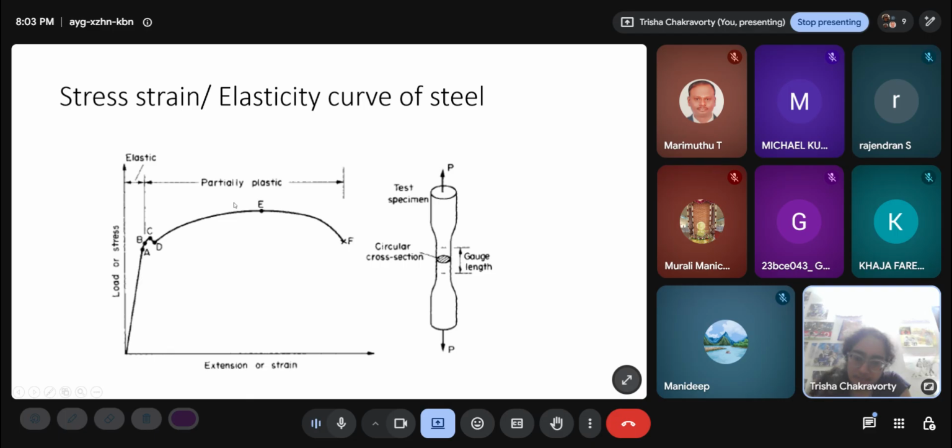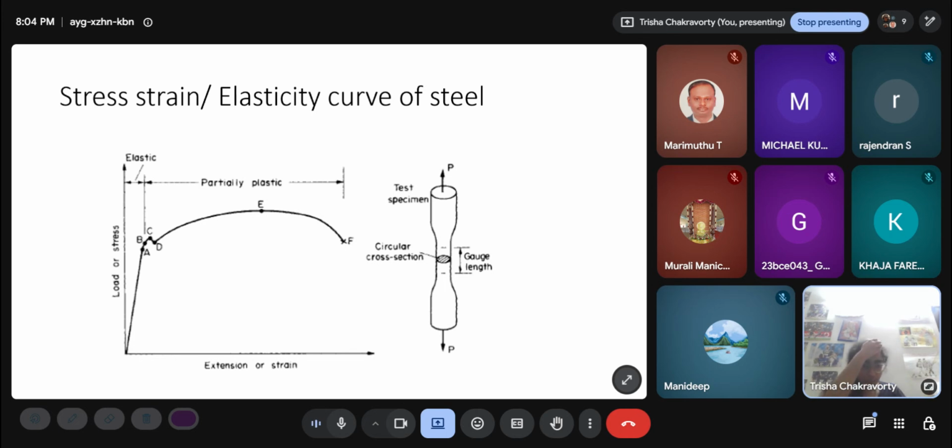And how do we get this graph? We get this graph by a standard tensile test. We take a cylindrical specimen. It was not in this shape to begin with. I put it in a testing machine and apply a tensile force in increments. I increase the tension slowly, and at every increment I note down what force I am applying, and I have a device like a strain gauge to measure the strain or the displacement. I give a tension, I note down the load and the strain, then I increase it again and note down the load and the strain.